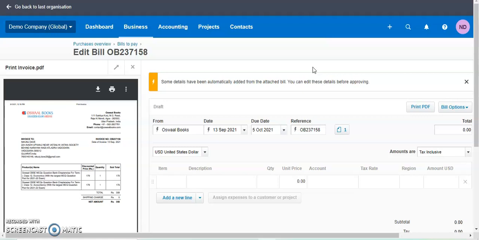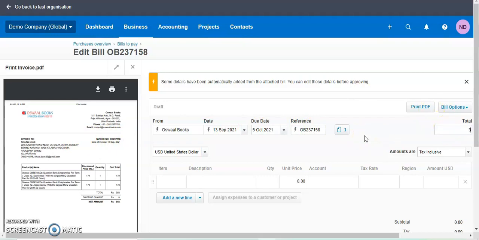You will also find on the left hand side the sample copy of the invoice, and there will be certain details which will be completely fetched by the Xero software on its own. So it has already taken up the name, the date, the reference, that is the invoice number, which is being displayed. And so now you have to simply fill up the remaining columns.